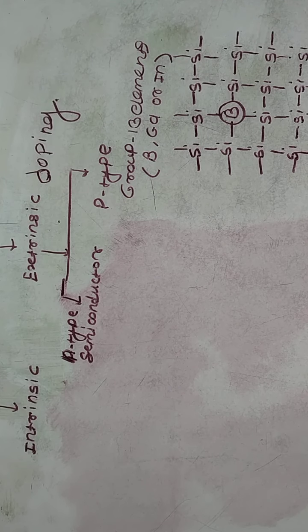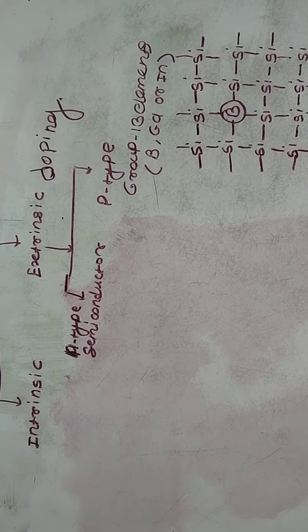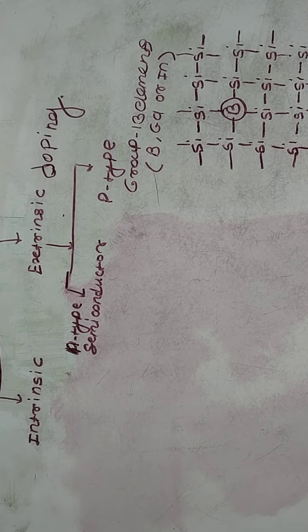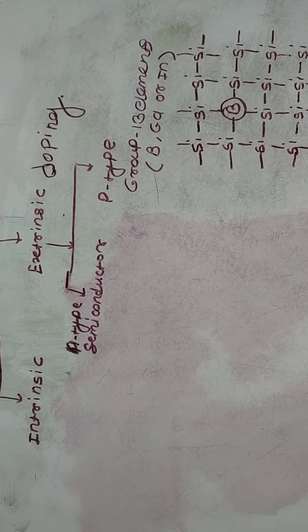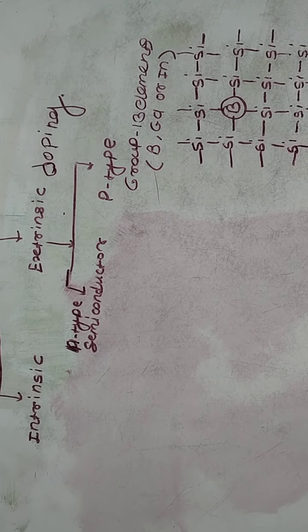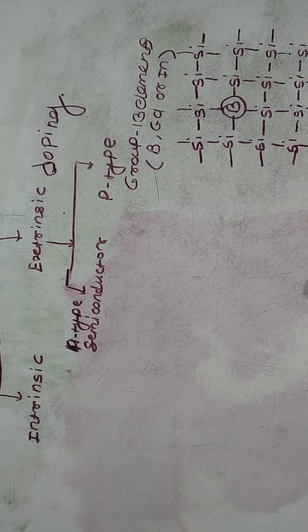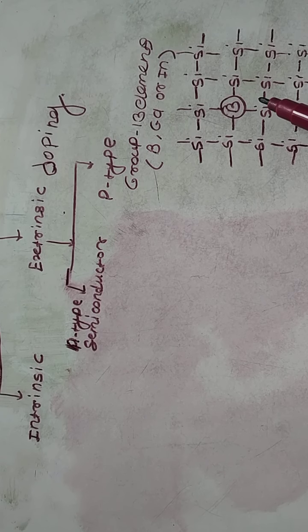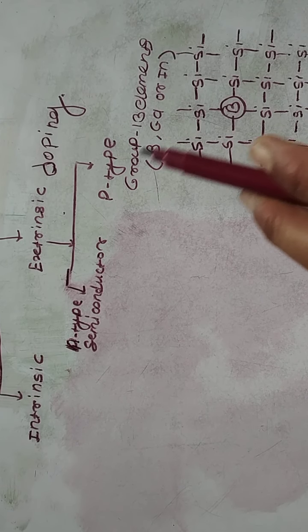Next point from the solid state is p-type semiconductor. In the previous video I already discussed n-type semiconductor. In this video we'll discuss p-type semiconductor. A p-type semiconductor is produced by doping a pure semiconductor material, silicon or germanium, with an impurity of group 13